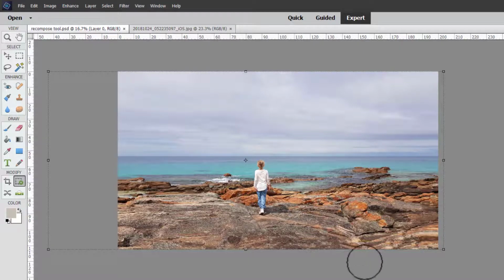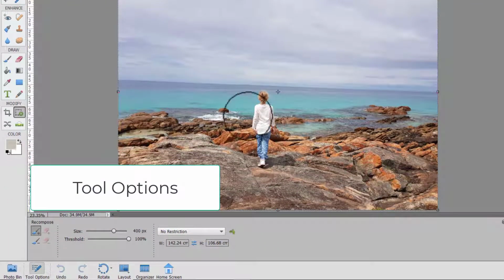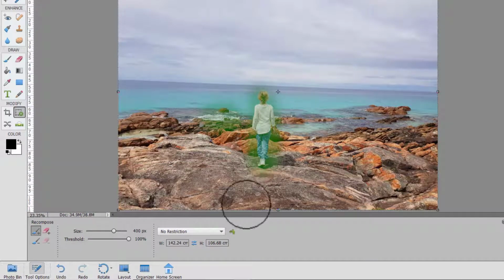Now there are a few options to learn about in the Recompose tool. We have our protection brush. Whenever we brush over an item here, we're protecting it from being resized. And then we can also erase areas. Really, we only want her.